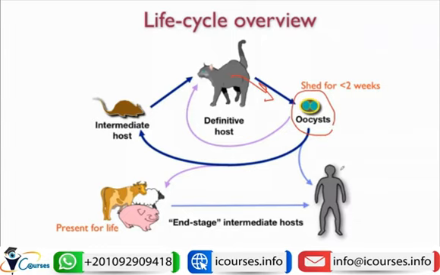When a man ingests it from the soil, or ingests the oocyst by accident through an object contaminated with the soil, or if it is a baby, for example, that ingests something contaminated with the soil, this oocyst will hatch, causing formation of the active form, or the tachyzoite, which will invade the retina,